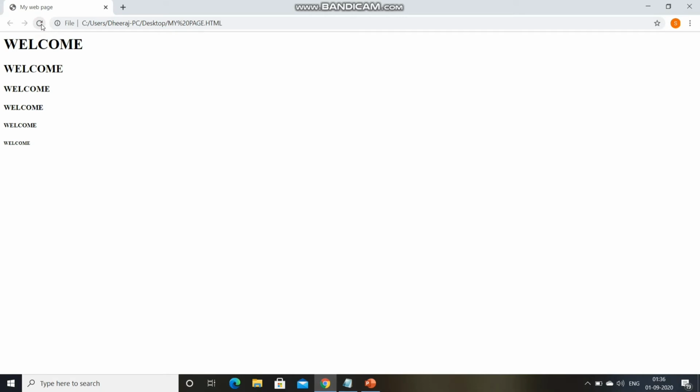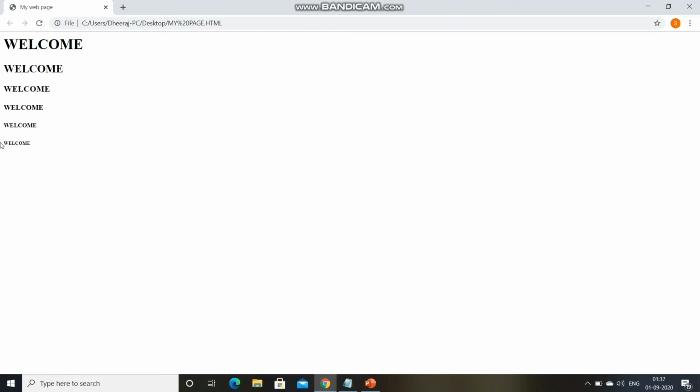Can you see there are different types of heading? This is the H1 heading, which is largest, and this one is the H6 heading, which is the smallest. So this one is H1, this is H2, this H3, H4, H5, and the smallest one is H6.